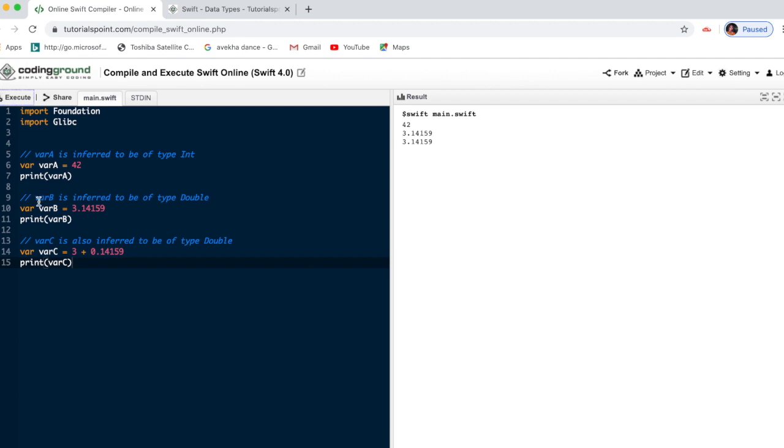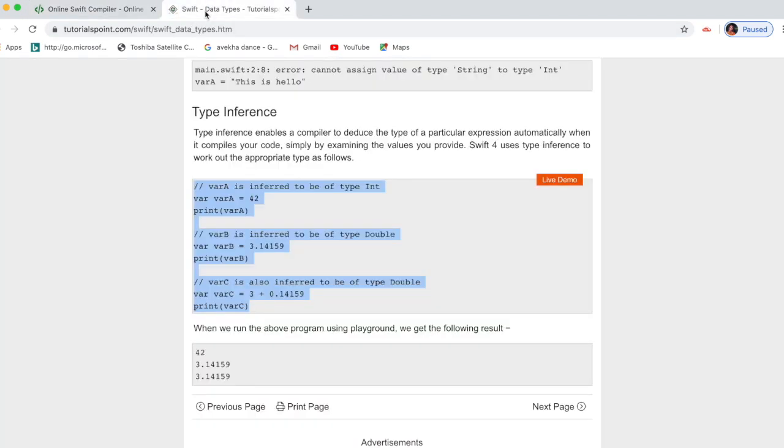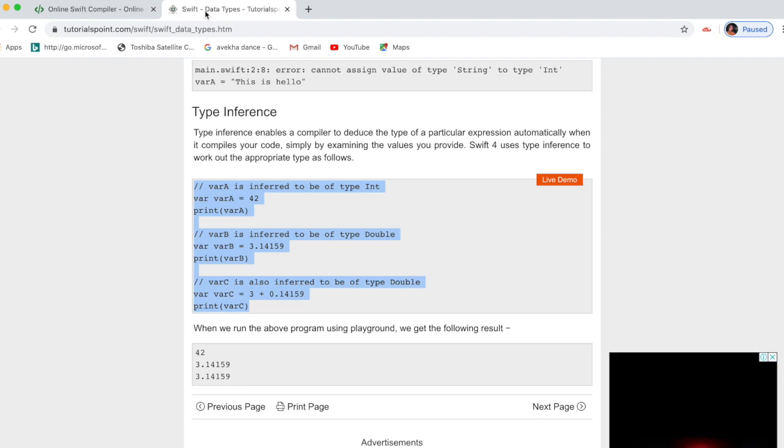After that, for the next value 3.14, that is saved to another variable like var b. So printing that. Then I'm saying 3 plus 0.14 is saved to another variable and printing. This all will work. That is type inference.